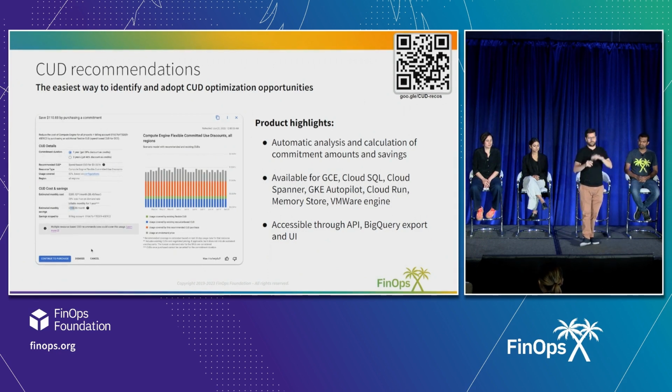That's the second algorithm we showed, and the same thing happens. You have 1 and 3 years to modify, you see the numbers, you have the 30 days graph so you can see your patterns. And this recommendation is available for multiple cloud services. We support GCE, Cloud SQL, Cloud Spanner, GKE Autopilot, Cloud Run, Memory Store, and VMware Engine. These recommendations are accessible through the UI, API, and through a